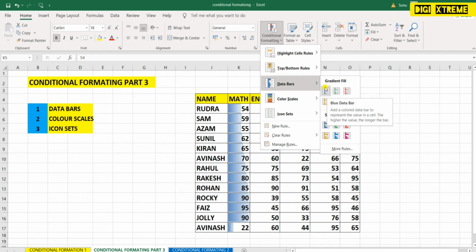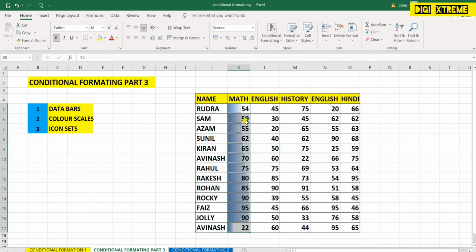The higher the value, the longer the bar. Getting my point? If your value is higher, then the bar will also be reflecting in a higher scale. See, you can see here, according to the value, the bar is showing.